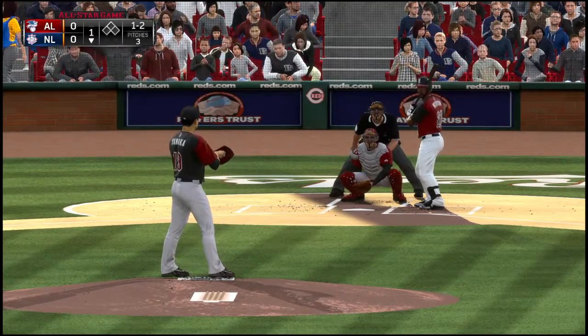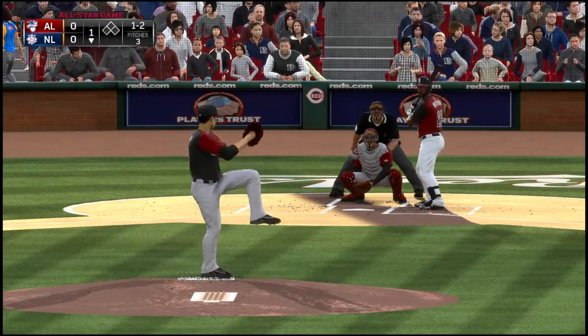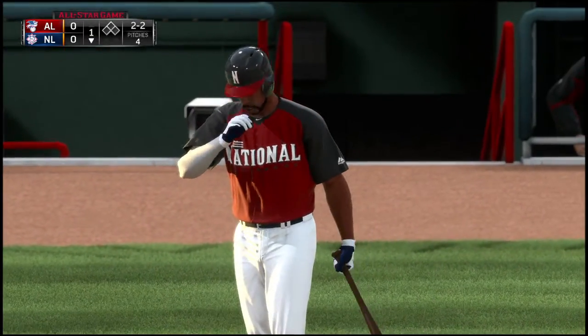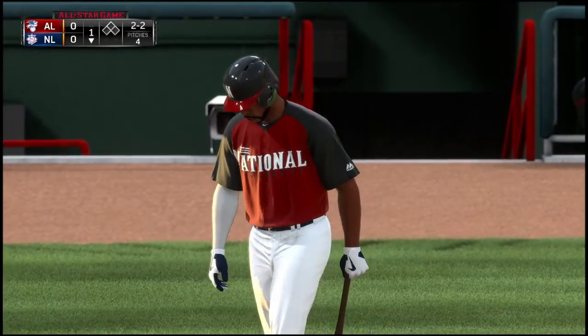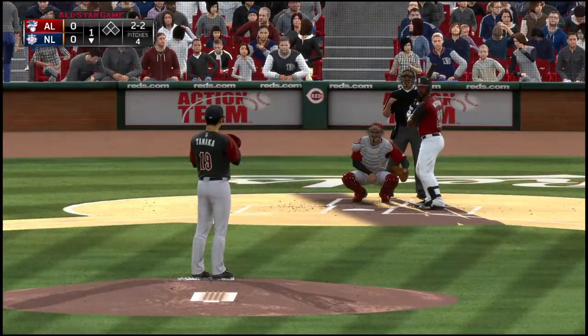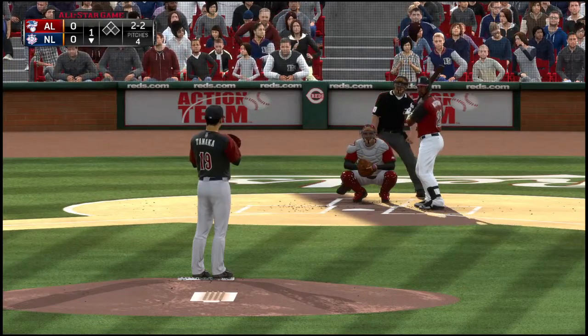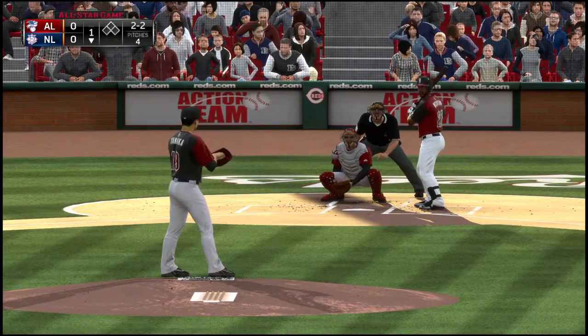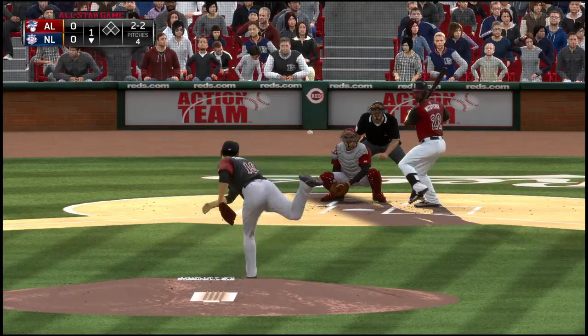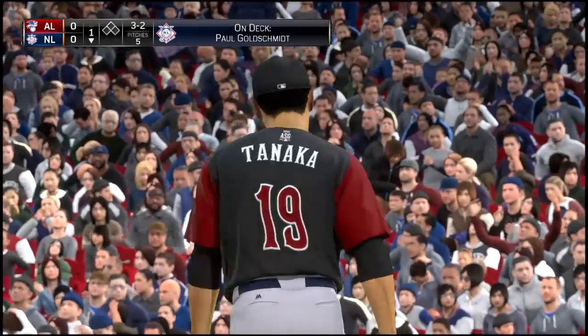Here comes a 1-2. And they'll try to get him fishing there, but he won't offer in the dirt, and it's back to even at 2-2. And that one never threatened the zone.